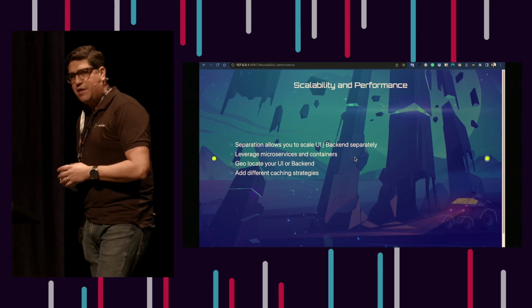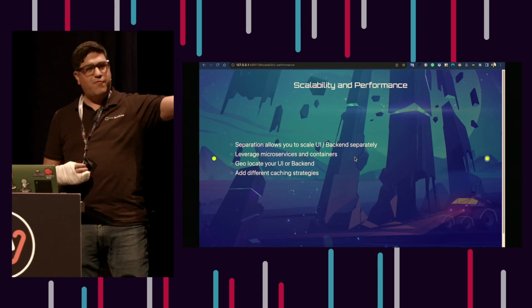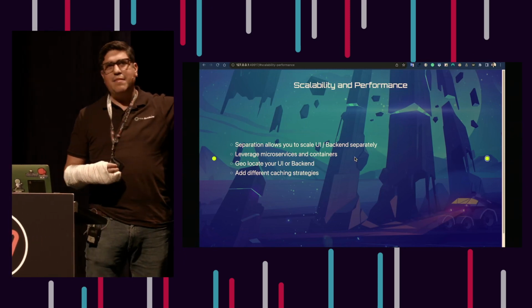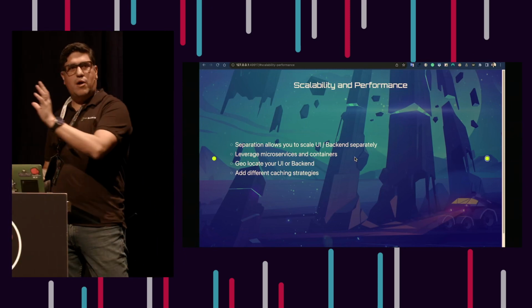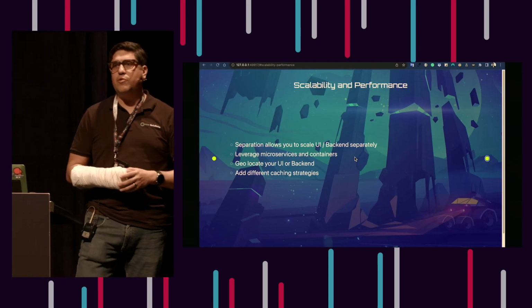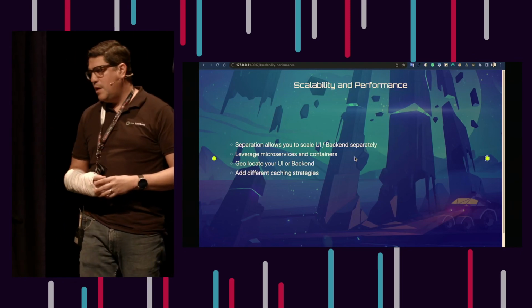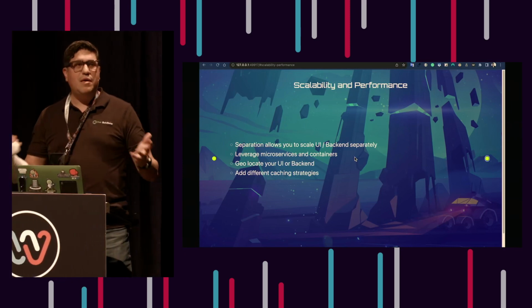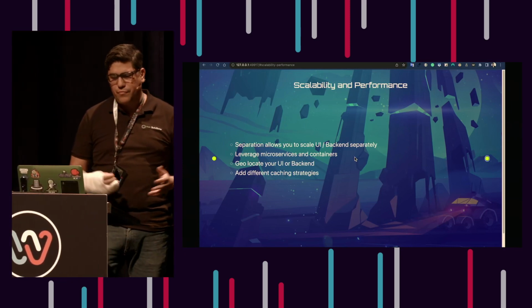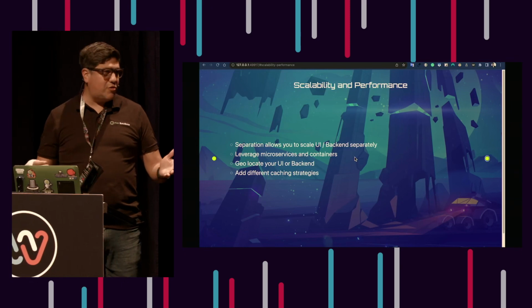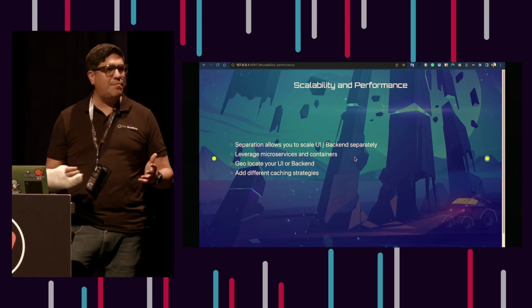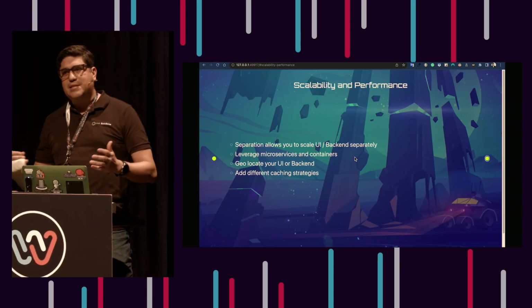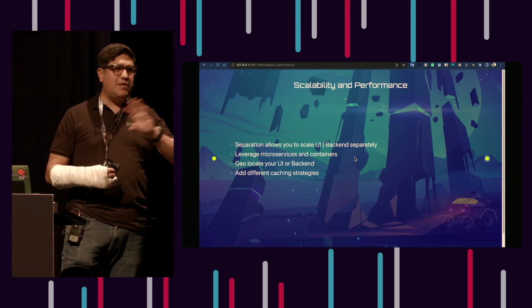We actually have different nodes in Amazon just for the US, and then for South America, and then we do everything replicating and geo-distributed to Europe and Asia. So you have all these capabilities that you can do now that maybe were a little bit harder before, okay? And of course, different caching strategies.